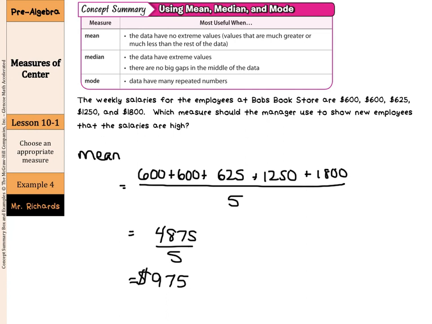Now, the median would have been $625 here, which does not show the high cost. And the mode would have been $600. So even if you were to go through and calculate all 3, the mean is the highest one, as it shows and includes the extremely high